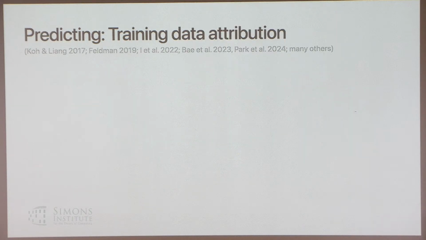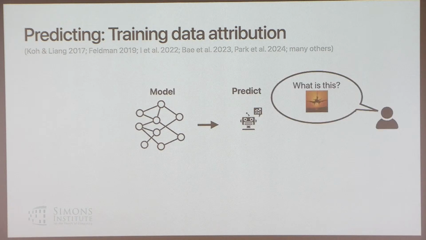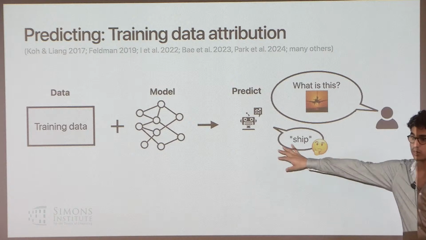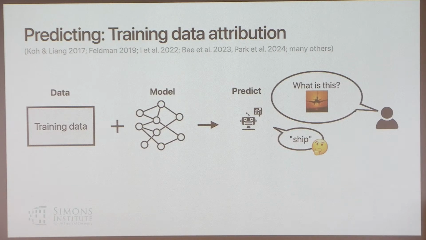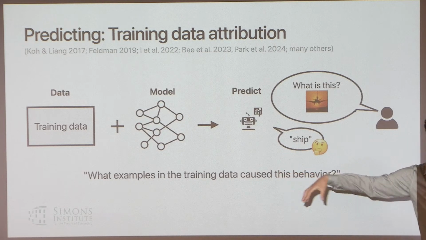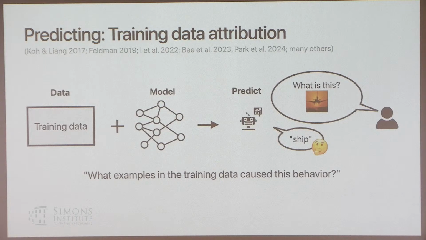On the other side of things, on the predicting side, there's this problem of training data attribution. Right? And here, again, you have a model. The model makes a prediction. And let's say the prediction is totally wrong. And we're often interested in understanding this wrong prediction, or even a right prediction, somehow in terms of the training data. Right? We'd like to be able to point back to some training data and say, this part of the training data is what caused you to make a wrong prediction here.